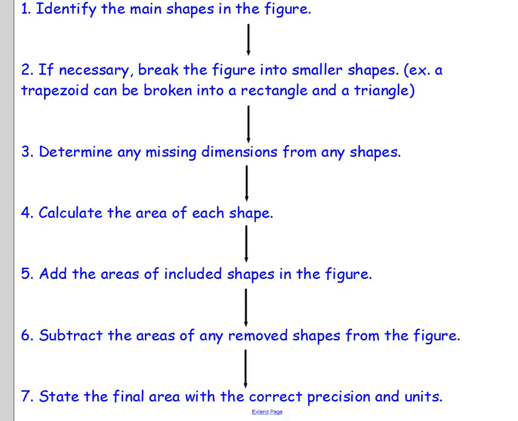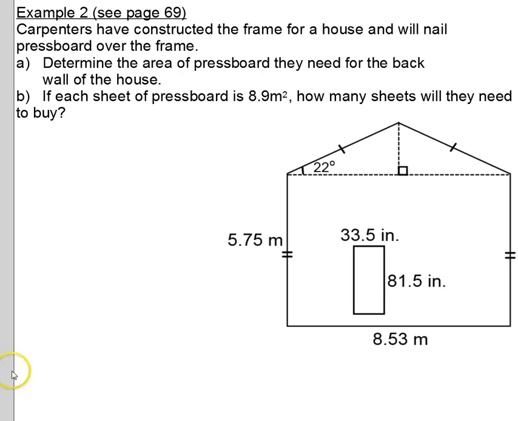The final step in the process is really to state that final area with the correct precision and units. So precision refers to how many decimal places of information, and the units would just be making sure that all of our values are in a common imperial or metric unit. Okay, I'm going to just move on to example 2, which is found in your textbook on page 69. This one again is asking for the area of a composite shape, and actually rather this is example 3 on